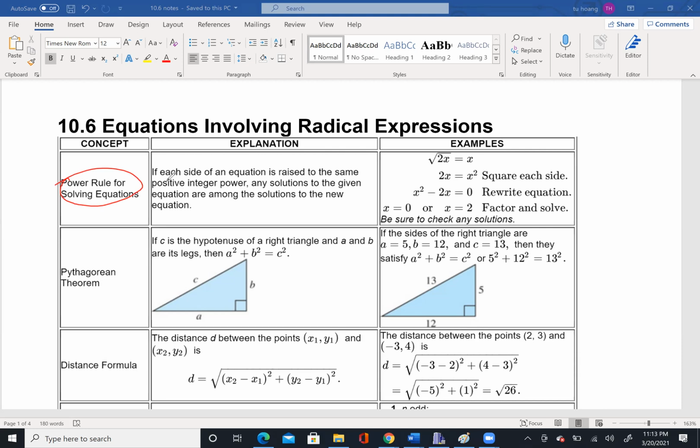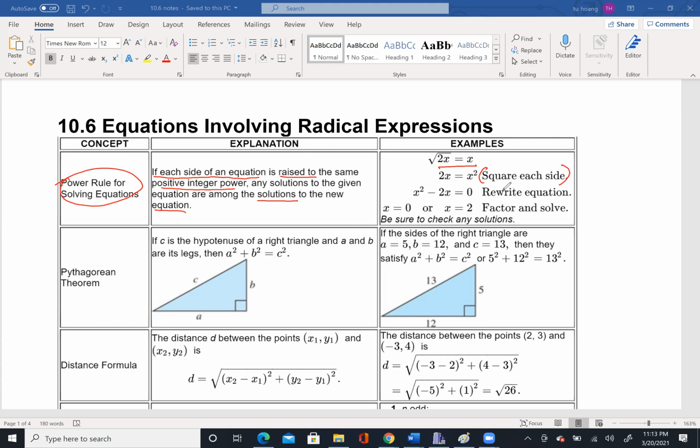For the power rule for solving equations, if each side of an equation is raised to the same positive integer power, the solutions to the given equation are among the solutions to the new equation. So what does that mean? If you have the square root of 2x equal to x over here, you're going to square both sides, or square each side, and it's still going to be an equivalent